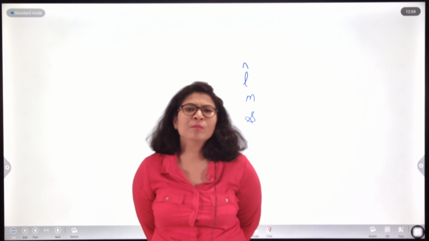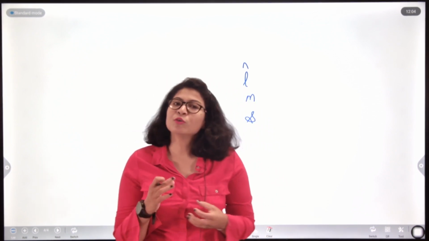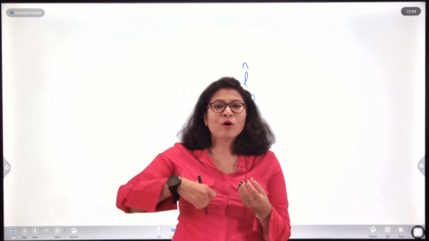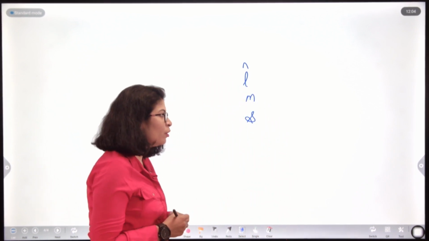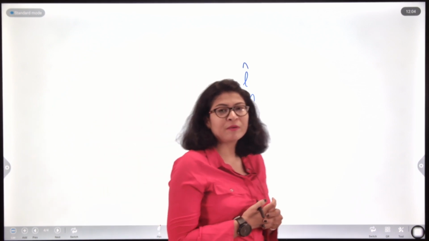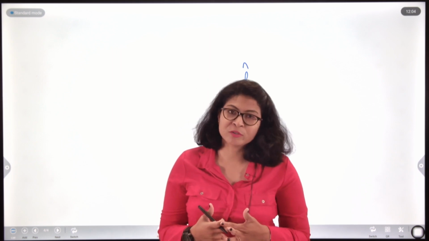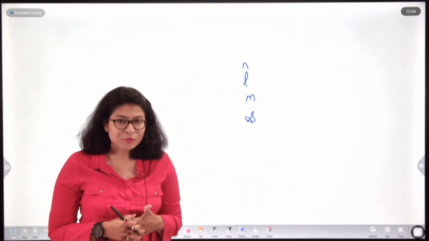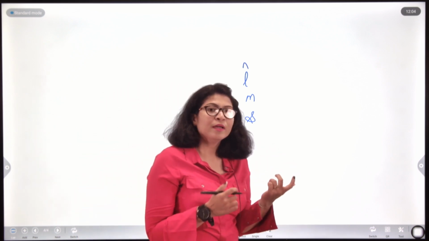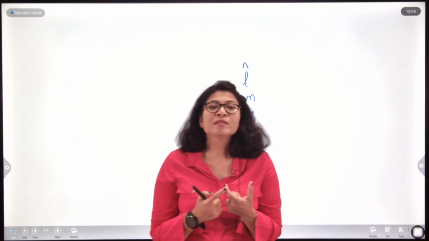Earlier we knew about the 2D model of atom, that is an atom consists of a nucleus at the center and there are orbits in which the electrons are revolving around the nucleus. But later on, after Schrodinger's wave mechanical model of atom, a 3-dimensional model came into picture, which gave the information about orbitals and subshells. So, according to this, in a particular orbital there are further subdivisions called subshells.